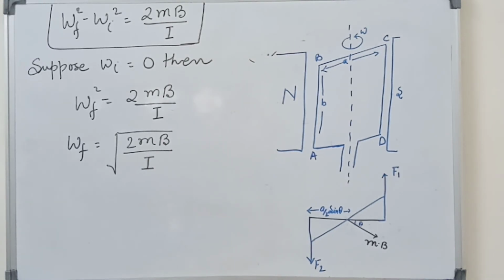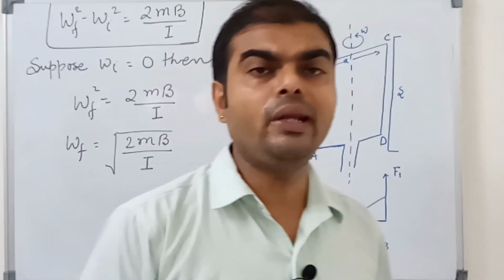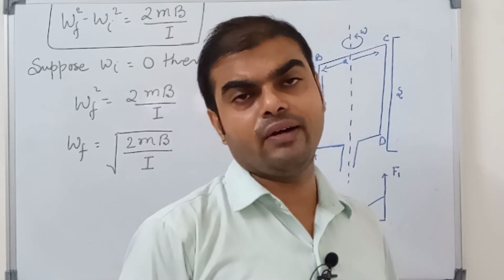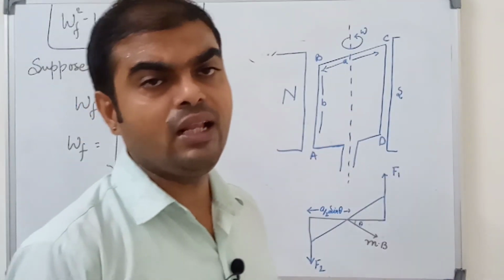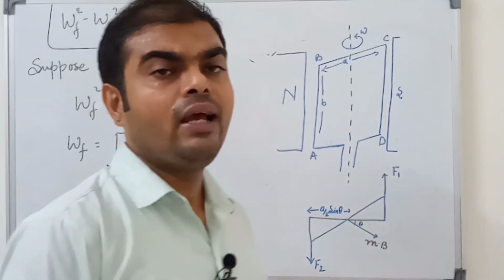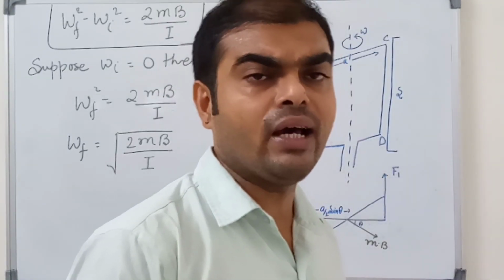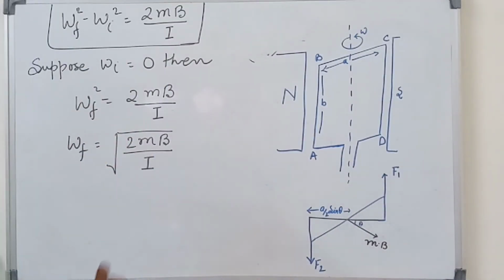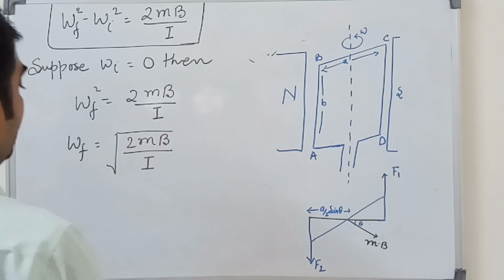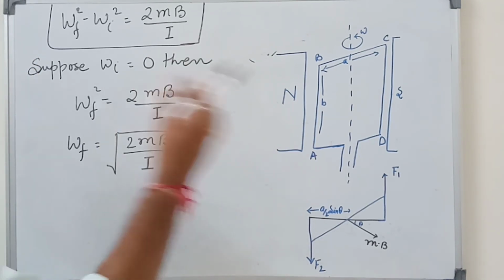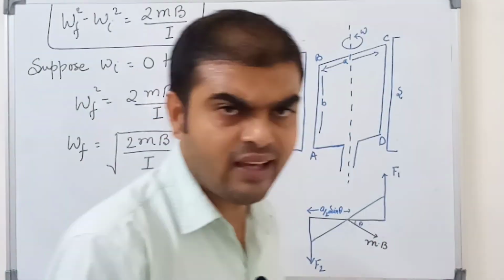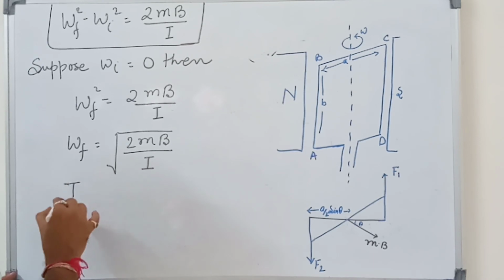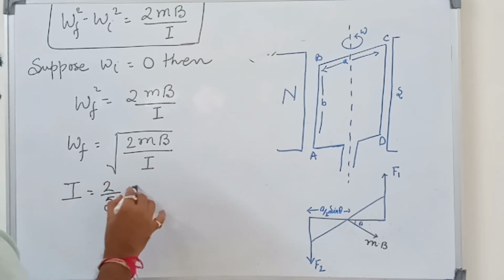Now putting the value in the moment of inertia. Suppose the moment of inertia is for various shapes, or you can also study in class 11. So moment of inertia for a sphere is 2/5 mr², for a cylinder 2/3 mr², and cylinder and disk, whatever they study there. So putting the value in I, and then find out the angular frequency. Suppose in the case of the earth, earth is especially spherical, so moment of inertia is equal to 2/5 mr².